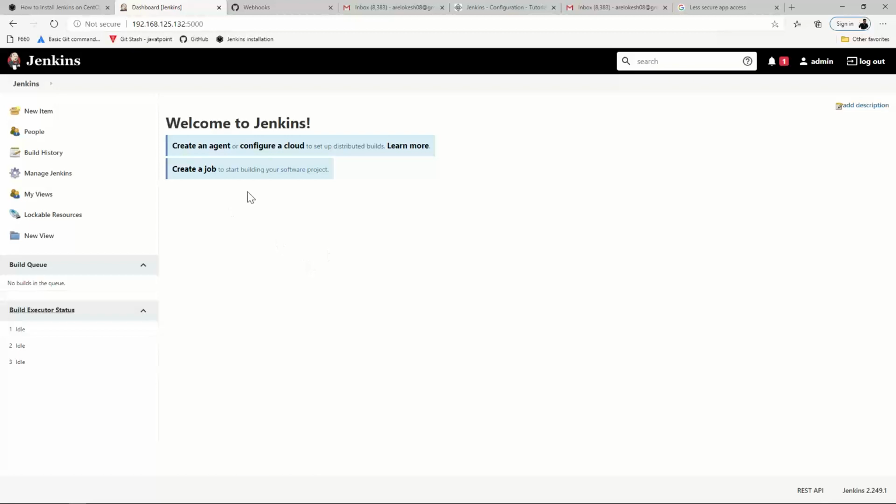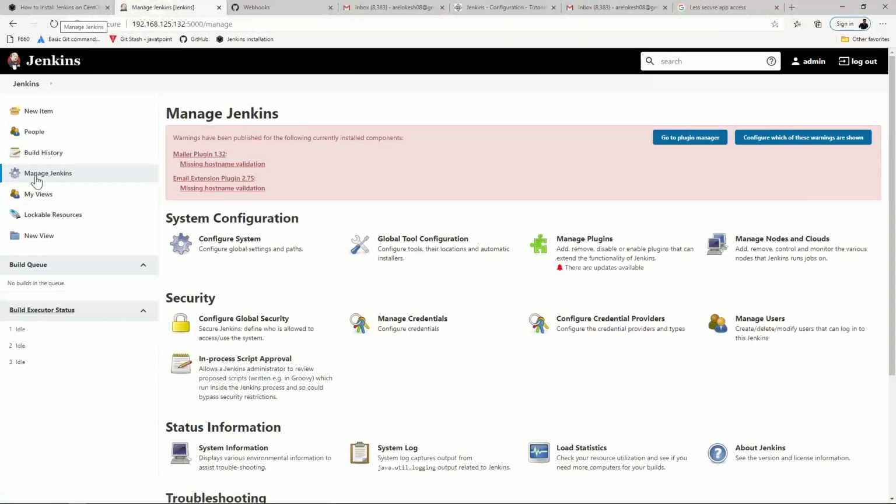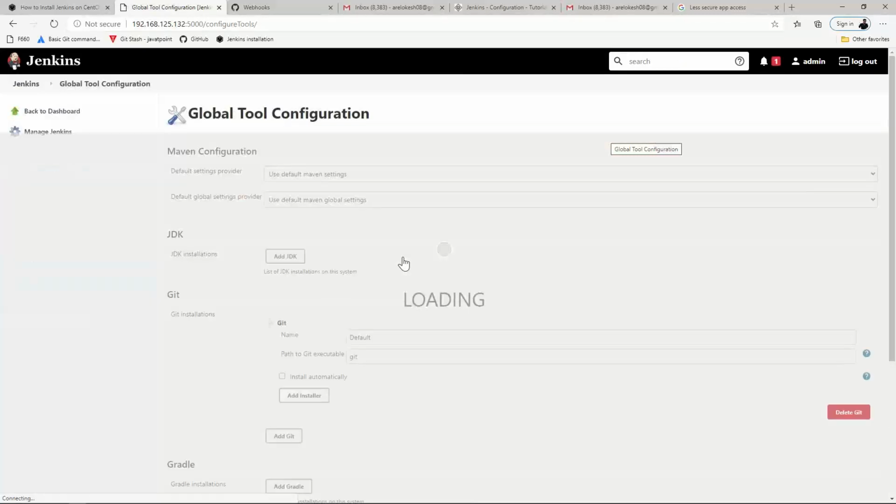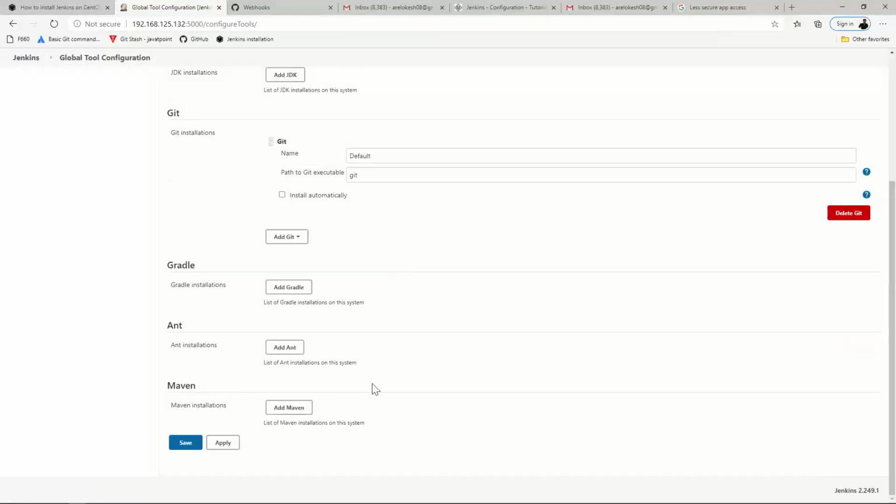Go to your manage Jenkins. Okay. Global tool configuration. Okay. These are all not necessary. You have Maven. If you scroll down, can you please check that? Yeah.